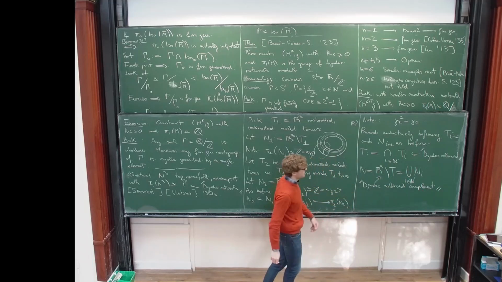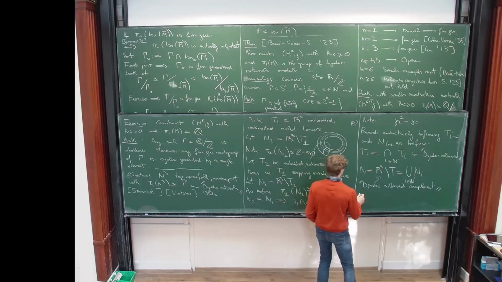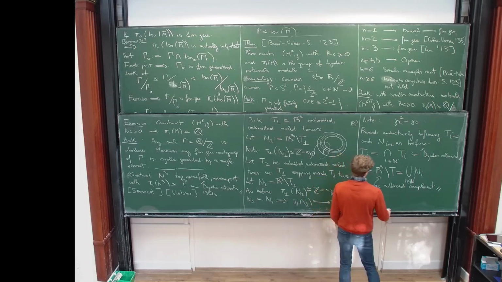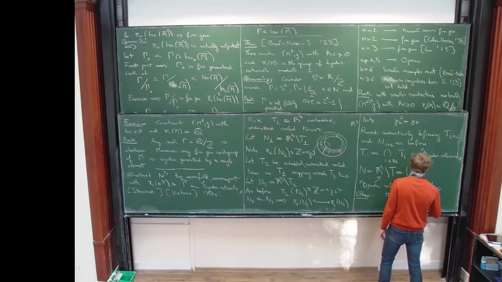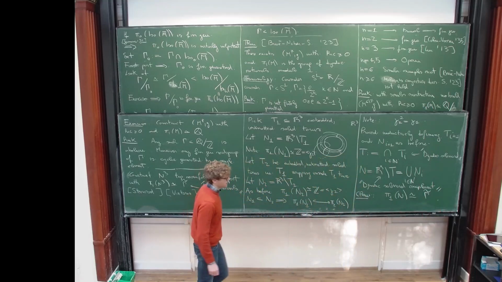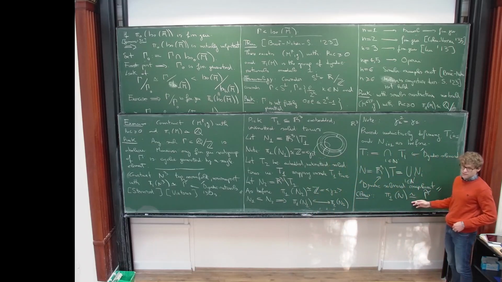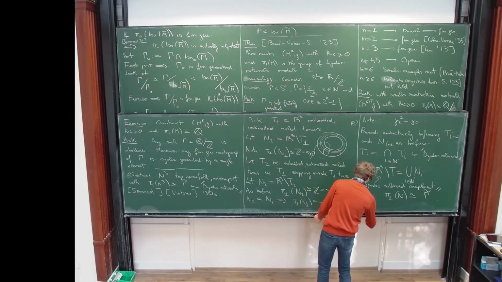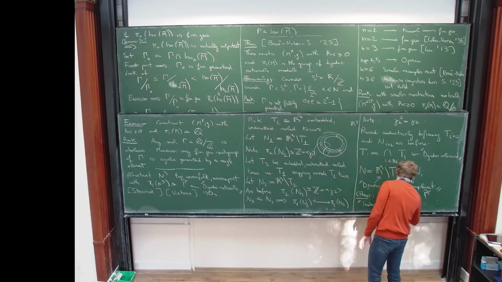Morally, you're just passing to the limit the inductive construction we went through. Then the claim, which I leave you to check as an exercise, is that pi 1 of N is indeed isomorphic to the dyadic rationals. This is an open manifold, and so we found an open three-manifold with fundamental group which is not finitely generated. And so this idea that we proceed by induction and then pass to the limit,